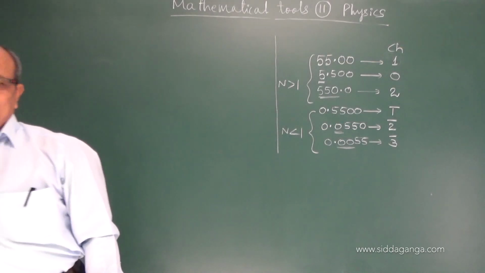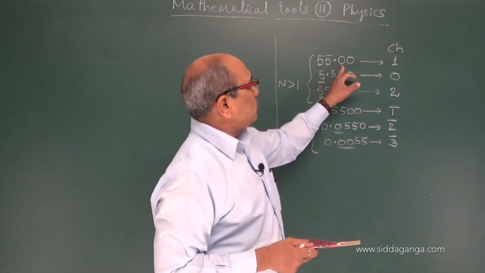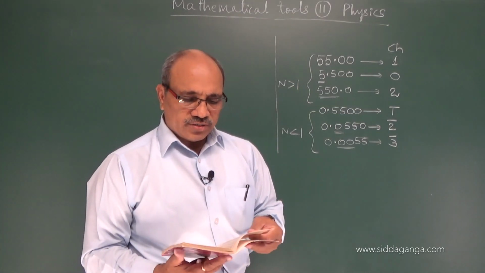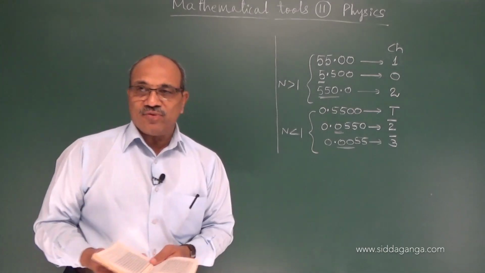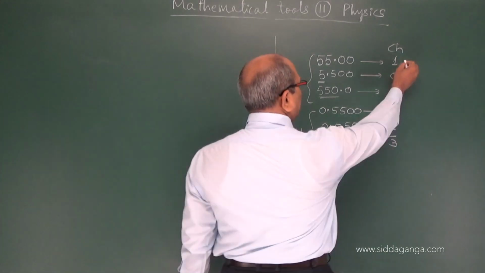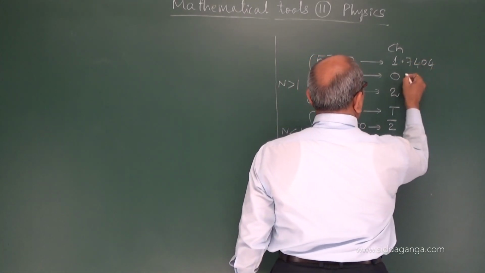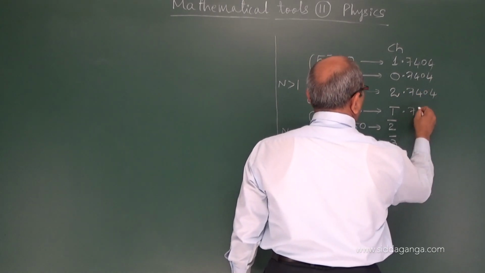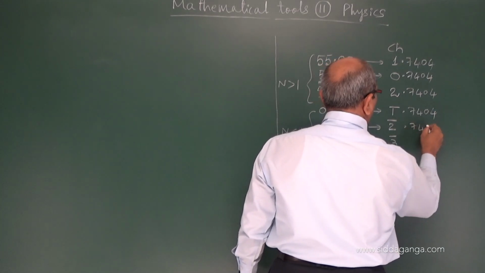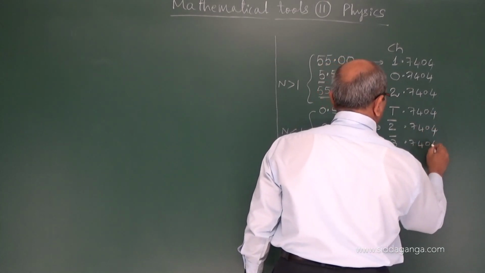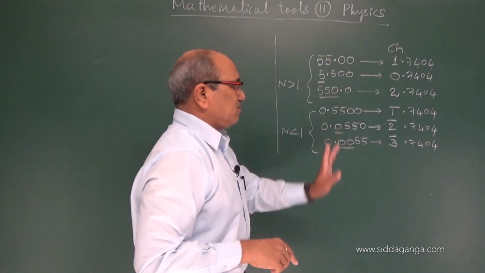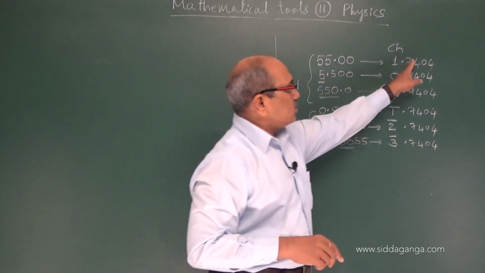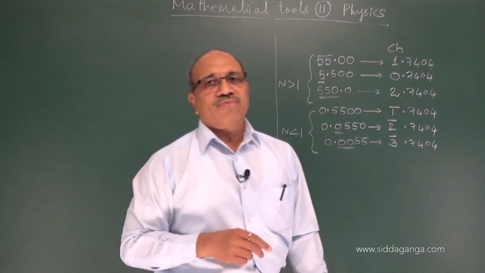Now the mantissa part: 55, I told you, in 5500. Open this logbook and see for 55 what the mantissa part is. You have 7404. So this remains the same, 0.7404, 0.7404, 0.7404. No changes at all. It is the same, but what changes is the characteristic, depending on the decimal position. For both more than 1 and less than 1, this is how the characteristic is fixed. And the mantissa is available from the book.